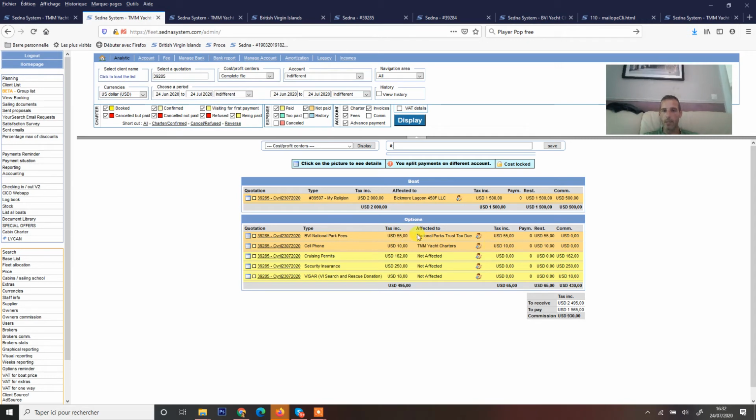So you can define a supplier and define the amount that goes to the supplier, and I remind you that for each supplier you can have your commission on it. You just have to put the right amount. So when you give us one booking with all the extras selected and the rules put like this, we will be able to make it automatic. That means for the National Park permit, the system will automatically apply what you receive from the client to this account, so you can work after in account. So I will show you now.